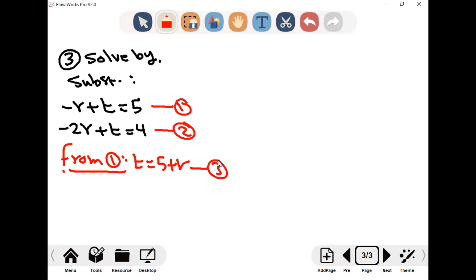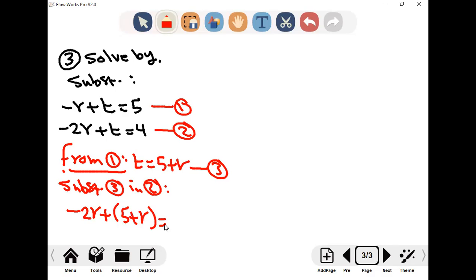What will I do now? Substitute 3 in 2. Yeah. Substitute equation 3 in equation 2. Replace T by what? 5 plus R. So equation 2 will be negative 2R plus parenthesis for the T, which is 5 plus R, all equal 4. صح؟ طب now